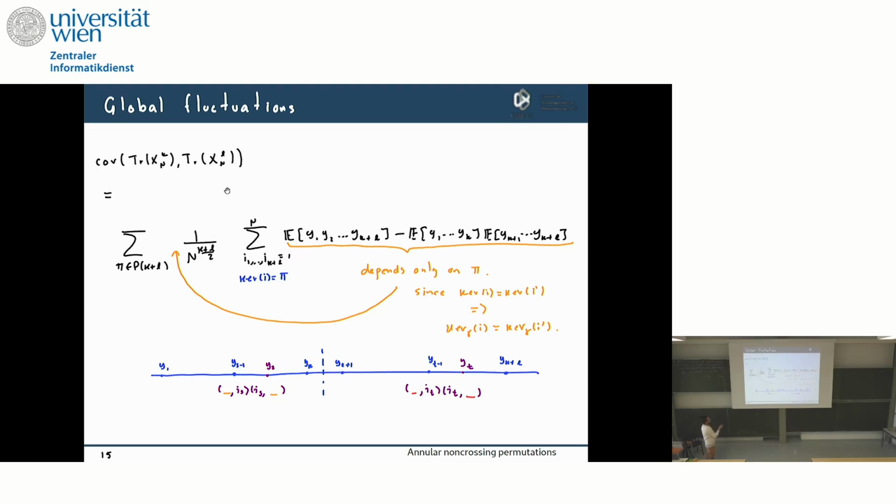Okay, now this only depends on pi. Then I just need to count all the indices that have the same kernel pi, and that's going to have order n to the number of blocks of pi. I just need to choose the value on each block. Of course, it'll be n times n minus 1 all the way up to n minus